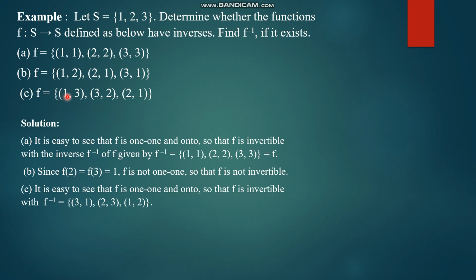As you can see, (1,3), (3,2), (2,1). All elements are there. We have 1, 3, 2 in the first elements, and 3, 2, 1. We have all the elements, no repetition. So this is one-one and onto. Therefore it has an inverse. And how to find the inverse? Just reverse it. We get (3,1), (2,3), and (1,2). So that will be the inverse. So f inverse of y